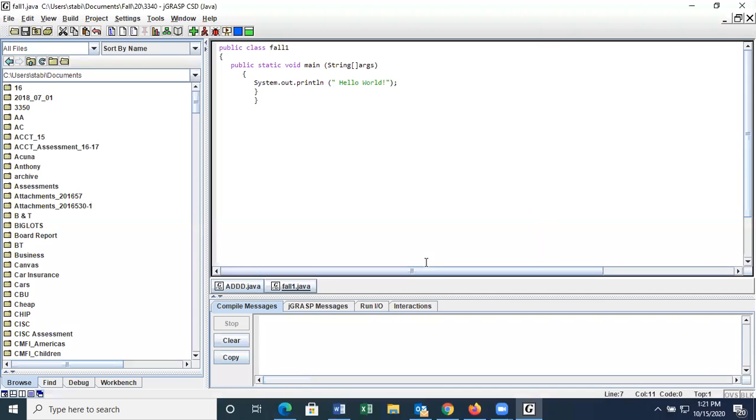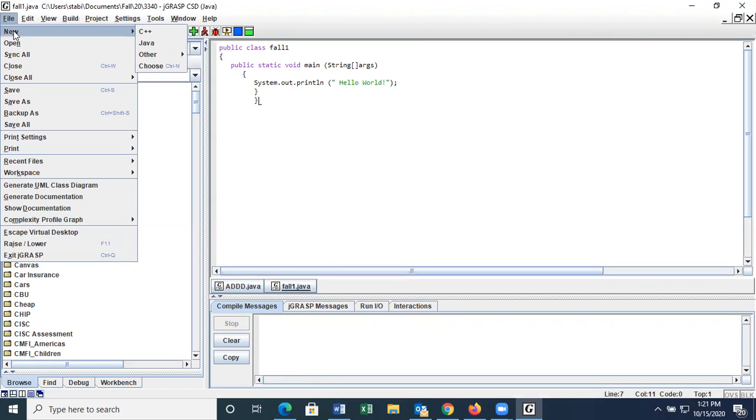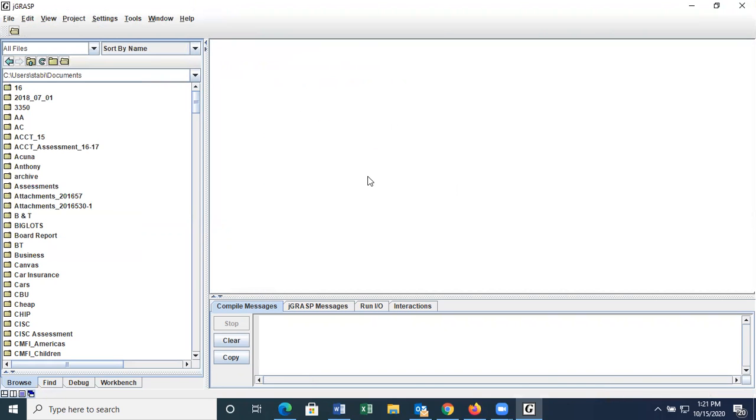And so once you launch your JGrasp, you're going to land on a window like this one. Let me go ahead and close this file and this file, yeah. So you'd land on a window like this. I'd recommend that you create a folder within which you'll be saving your applications because after creating an application or program, you need to email me the source code. And in order for you to be able to do that, you have to retrieve the source code from the folder in which you saved the code or the application. And if you don't know the folder, it's going to be a bit challenging for you to email that file